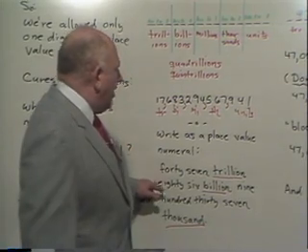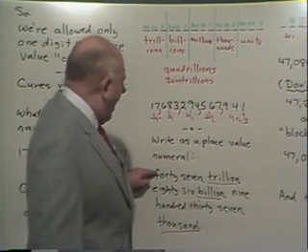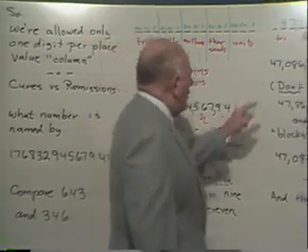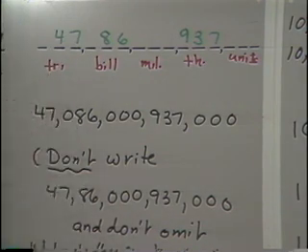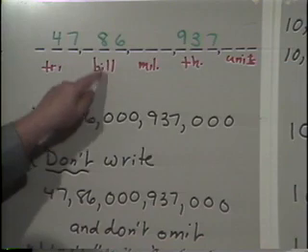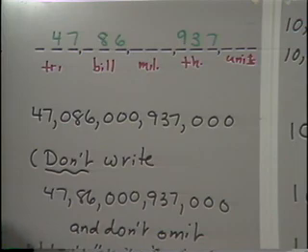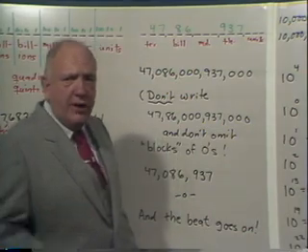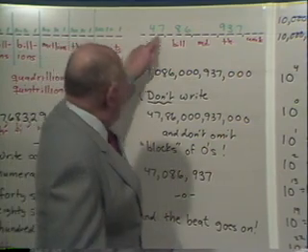See, now what we do is we go back to this diagram over here, and we put in what the required numbers are. See, how many trillion do we have? 47. Remember, 7 ones and 4 tens. So we write 47 trillion. How many billions do we have? 86. So the 6 goes in the 1 billion's place. The 8 goes in the 10 billion's place. How many millions do we have? None. How do we know that? Because the noun millions was missing in the description. How many thousands did we have? 937. How many units did we have? None, because the problem ended after the word thousand. So in other words, this is what this looks like.